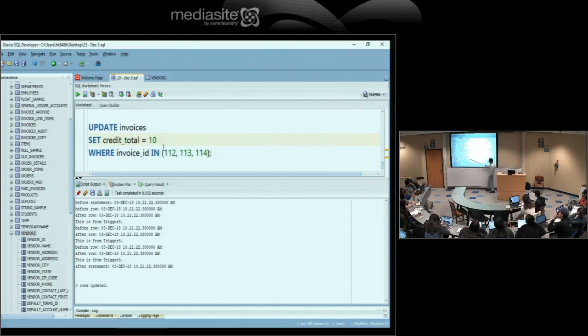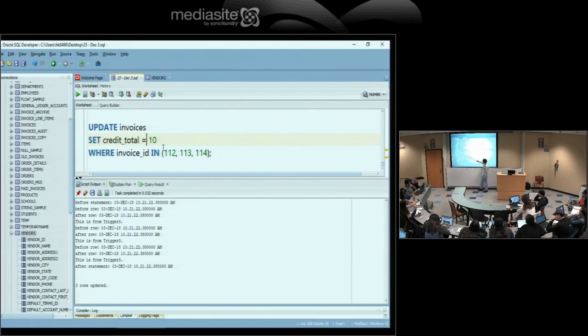So the trigger runs, so the block that includes before a statement runs once. Then the block that includes before row runs. Oh, that's actually very interesting. It runs 3 times because we have 3 rows inserted. And after row runs 3 times, and the 3 rows are inserted. And also, we have trigger 3 running still, because trigger 3 belongs to the invoices table. So trigger 3 also runs, and it was after each